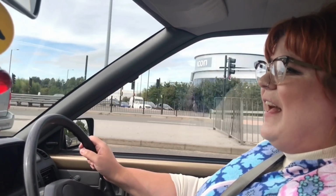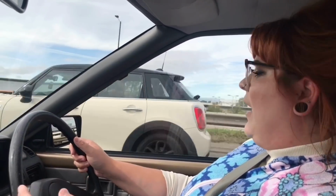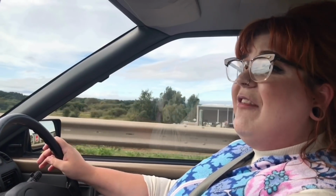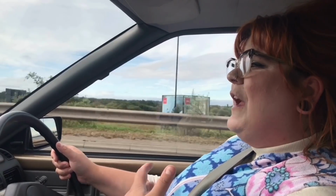The only downside is parts for these older Nissans. And I'm not going to say it's unique to Nissan Datsun, but the 80s was a bit of a strange time. Those of you watching abroad, I'm just going around a traffic block there. One of the big things in the 80s, the 90s and the early 2000s is that cars started becoming a little bit more throwaway. In the 50s and the 40s, you would have to save up,